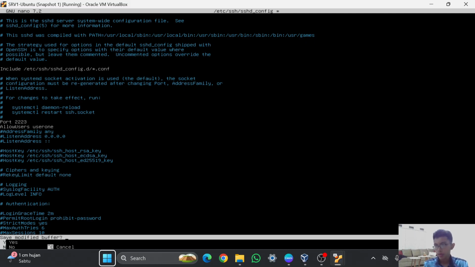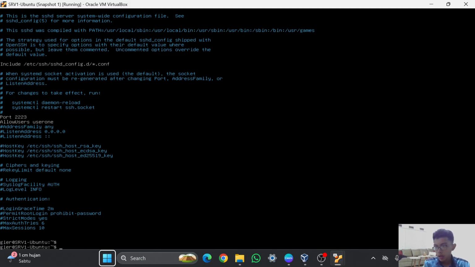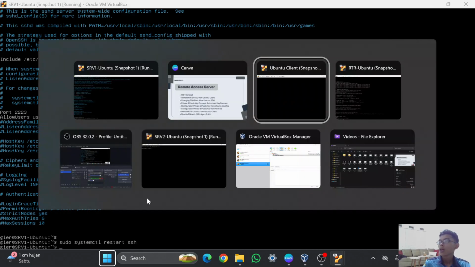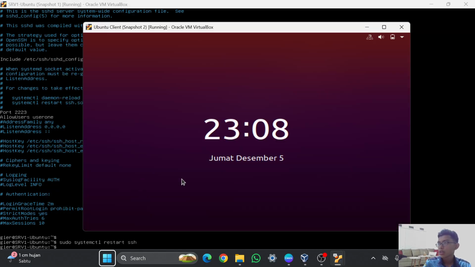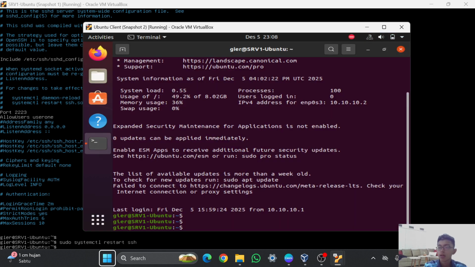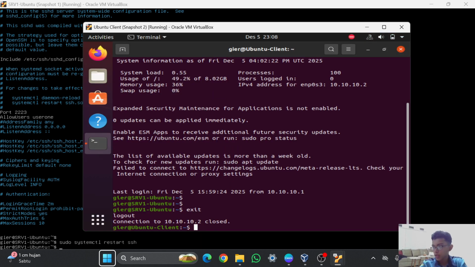And I will just save it and then yes, and I will restart the settings using sudo systemctl restart ssh. And in here I will try again to remote it from the Ubuntu client. Has it been set or not? Okay, I will exit first.